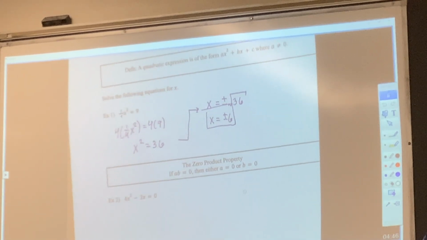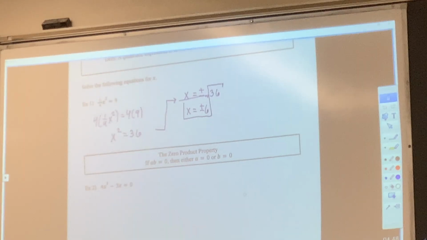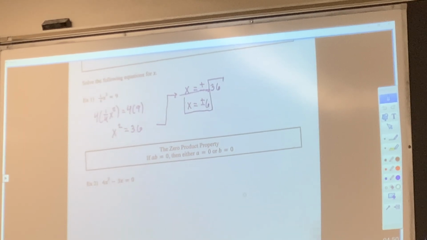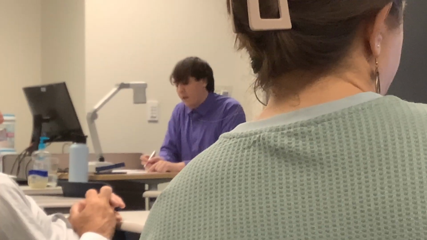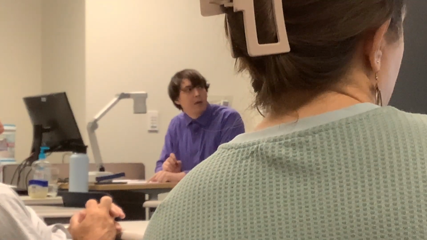Now, something that's going to help us out a lot whenever we're dealing with quadratics is going to be factoring quadratics into typically two multiplicands. The reason why is we're then going to invoke this thing called the zero product property. Basically what this says is if I have two things multiplied by each other, a and b, and they're equal to 0, then that means that either a has to be equal to 0